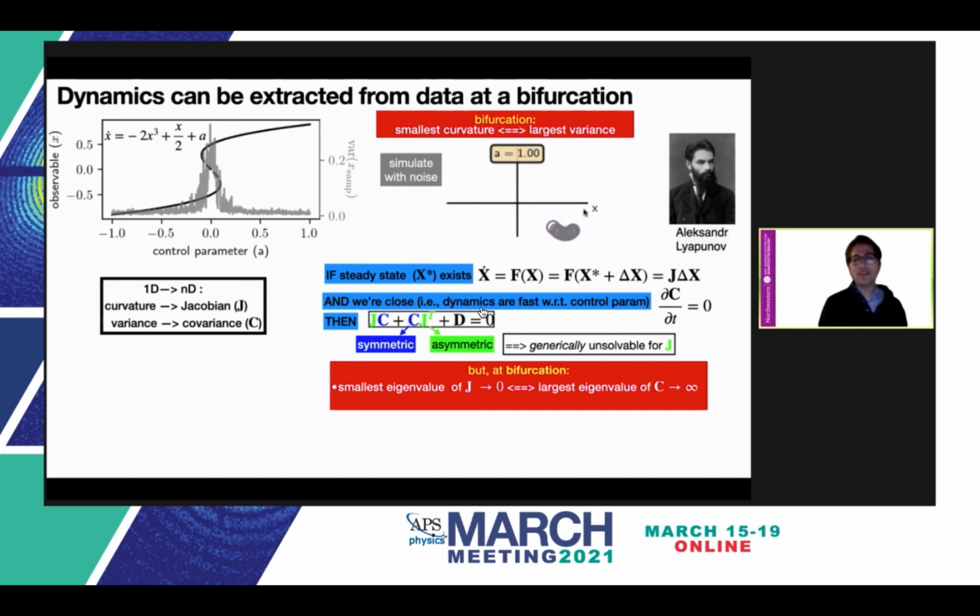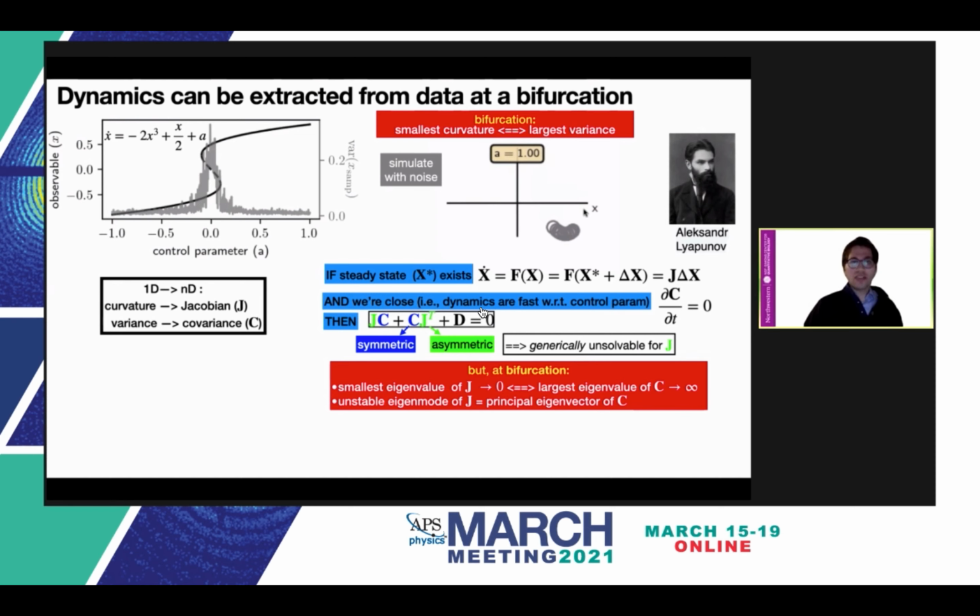Because the smallest eigenvalue of the Jacobian will go to 0, the largest eigenvalue of the covariance will go to infinity. It goes a step further, actually, and you can pull out the direction of the bifurcation from the covariance matrix. Those are basically both the modes of the